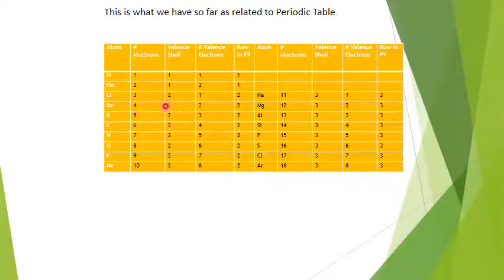Beryllium had 4 electrons, 2 valence. The second level was the valence shell, and it had 2 valence electrons, 2 in the first shell, 2 in the second shell, and so forth. And this is what we just did a few minutes ago. We determined all this stuff. Now, if we go and look at the periodic table, what you'll notice is